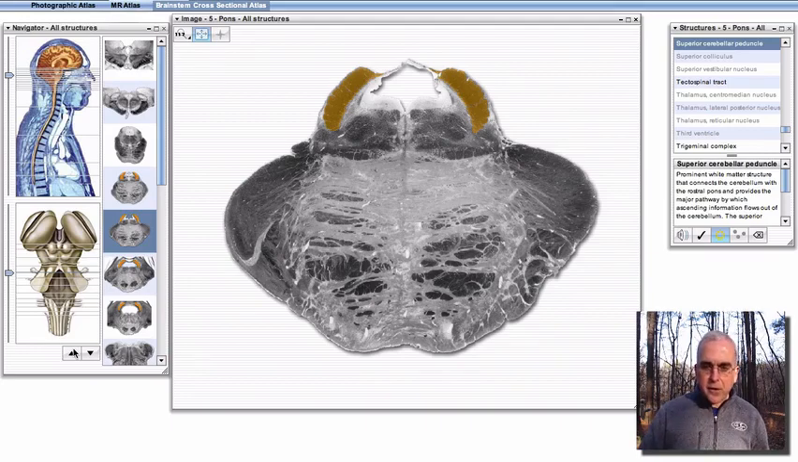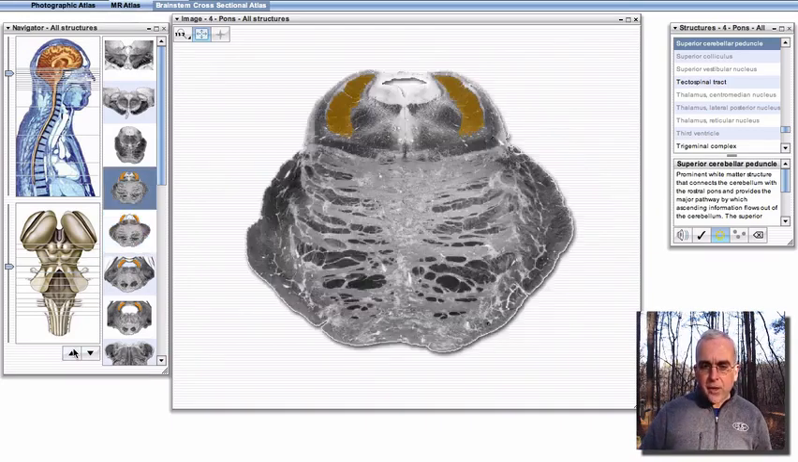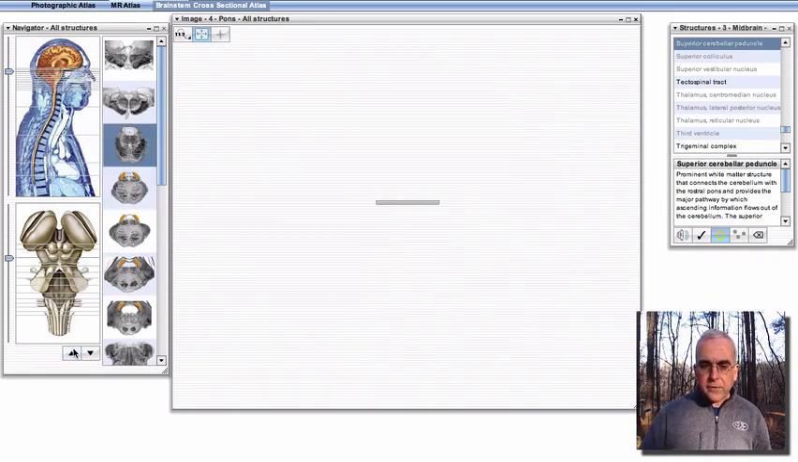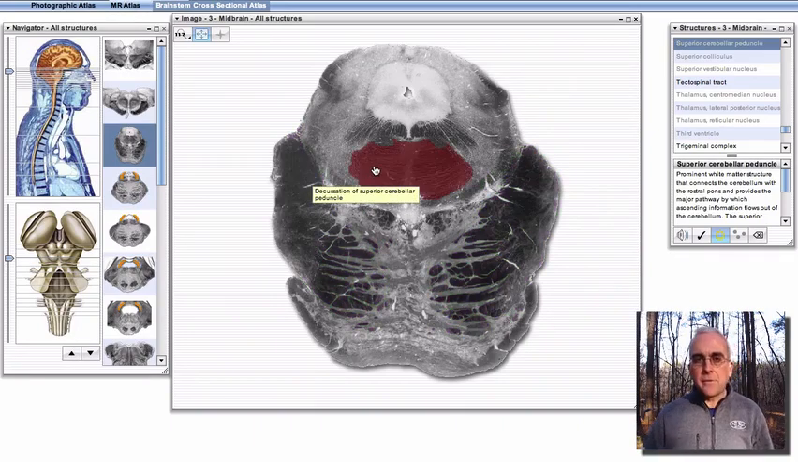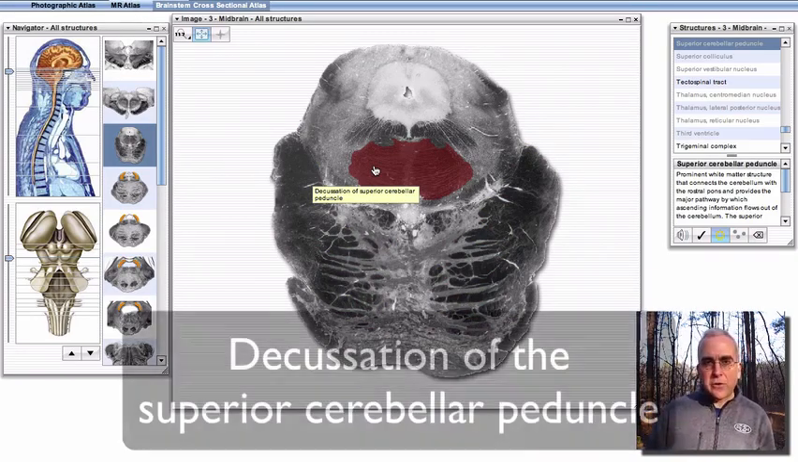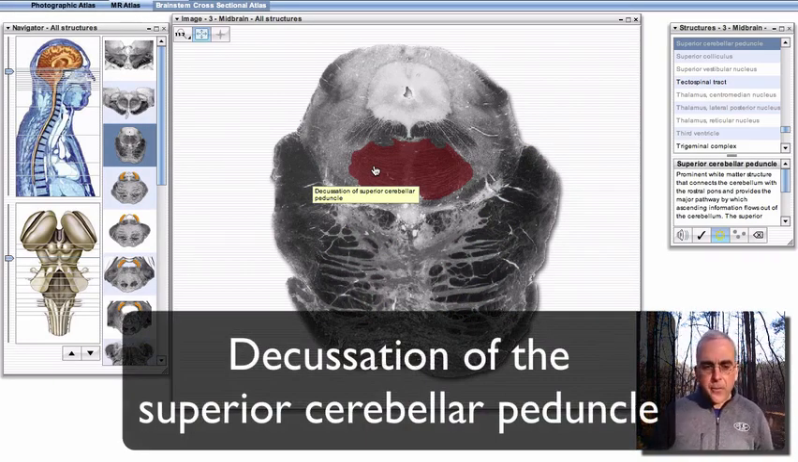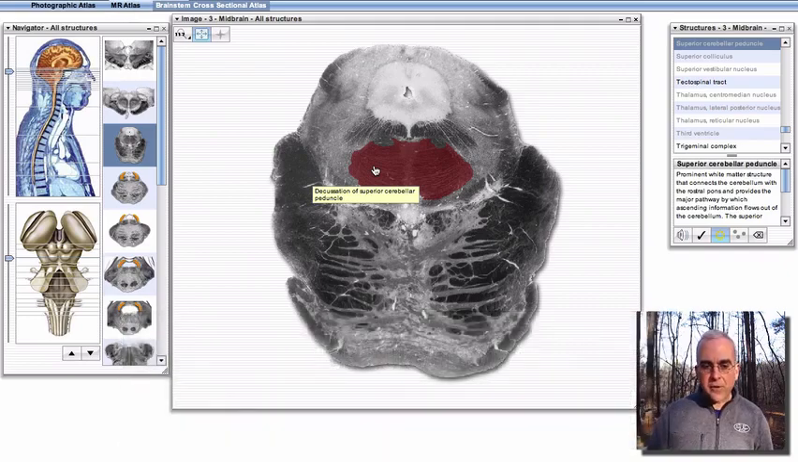And so these peduncles are leaving the cerebellum, and as they do so, they work their way into the tegmentum of the pons where they cross the midline. So we see a crossing of this peduncle called a decussation in the upper part of the pons. And that's really the primary feature I wanted to highlight in the sections between the level of the trochlear nucleus